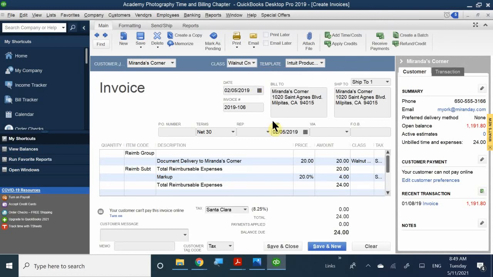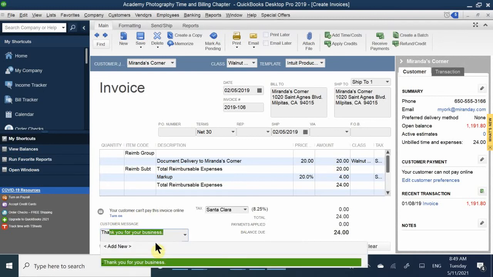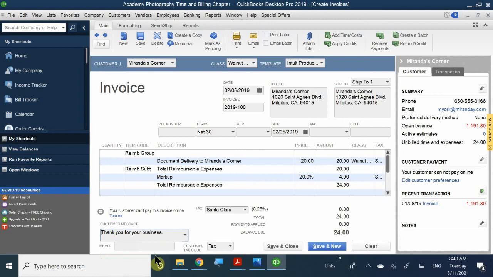But if this customer understands what the consequences are, especially if it's not part of your main core operations, and you discuss it with them and they agree, then you can go ahead and go forth with your day. So once again, I'm going to have them reimburse $20 plus a 20% markup. So that's $4, and I'm going to say thank you for your business. And once again, document